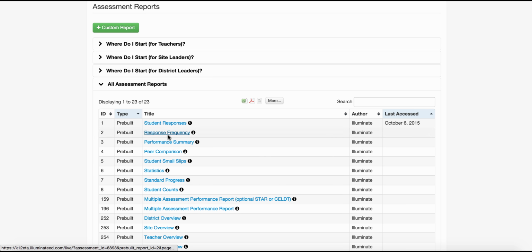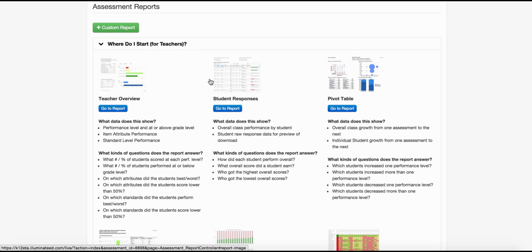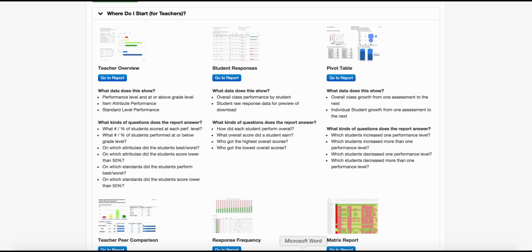If you don't know what these reports specifically mean, you can either click on the little I next to them or click right here, Where do I start, for teachers, and it will give you an overview of what each report does. Just a reminder, the 2 math sections are the only 2 sections where a teacher needs to manually